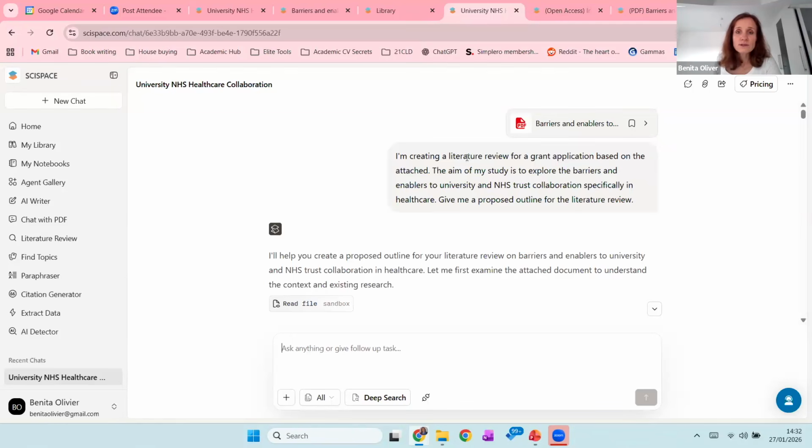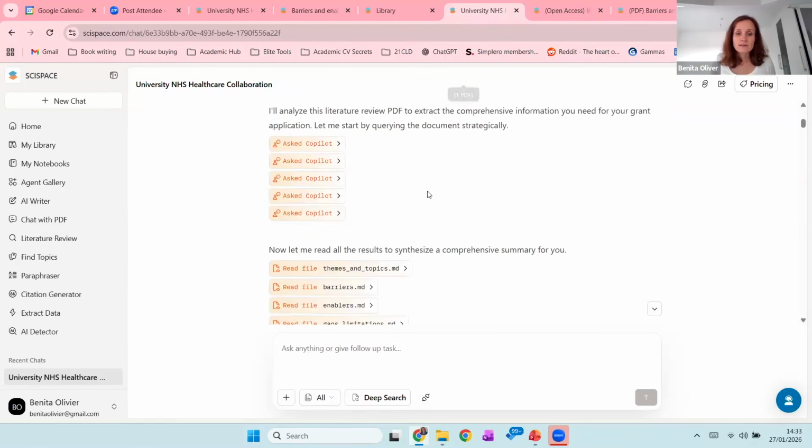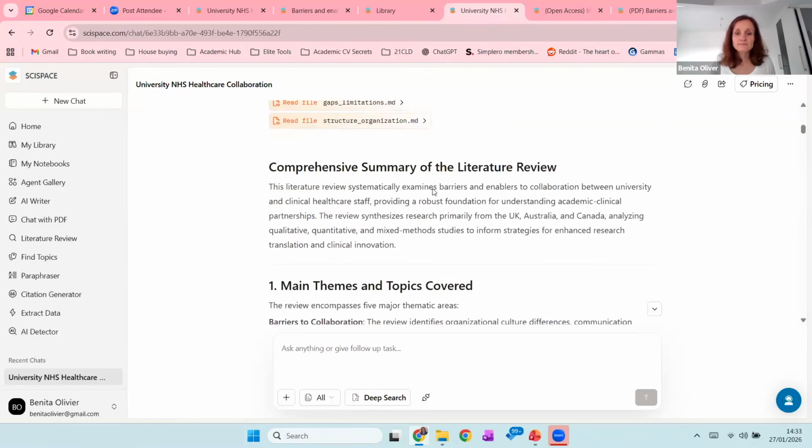Now, whatever instructions you give it, you can also add a structure. So if you're developing a methodology, you may want to give it the CONSORT guidelines. Or if you're doing a literature review, you may give it the PRISMA guidelines. So you can give it a structure to say, work according to this structure. I didn't give it a structure because I just wanted rough outline topics to see how it fits with what I'm planning to do. And it has given brilliant,